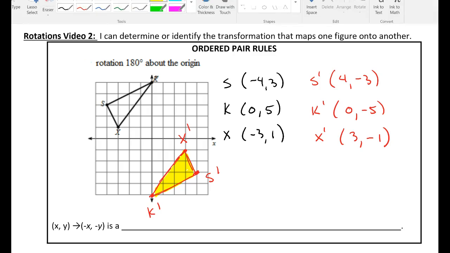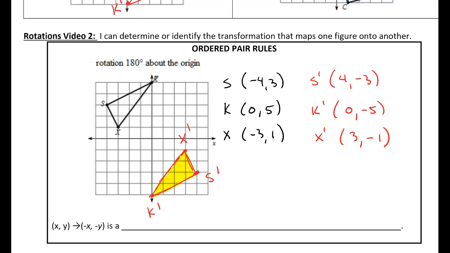180 degrees. Okay, so we can see that if we take our original points x, y, and we change both of them to the opposite, this is a 180 degree rotation about the origin. Okay, and I think I mentioned this before, but part of the difficulty in this section, this part